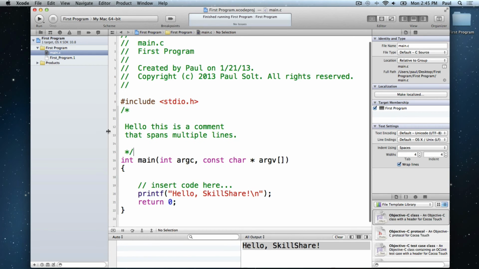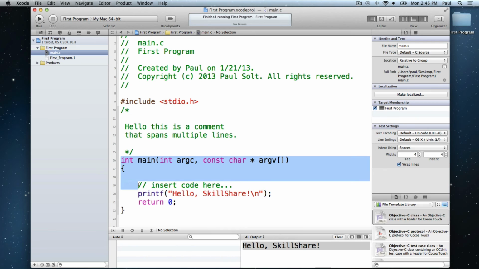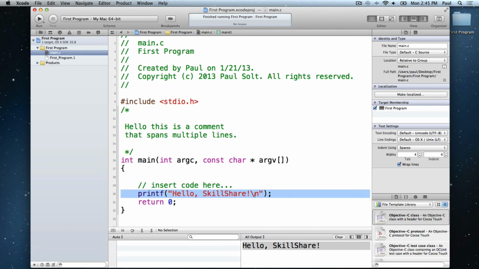The code that does get processed is this stuff in here, except for that line, and then this stuff down here. And we'll learn more about what this does. This 0 actually means success, so that's when the program's stopping, and we'll talk about that more later. So just to play around here, I want you to modify this line of code on your computer once you get it set up, and just add a couple extra printfs, and you can change them